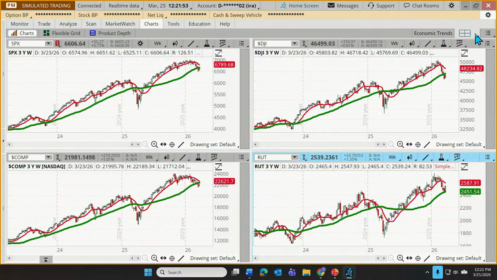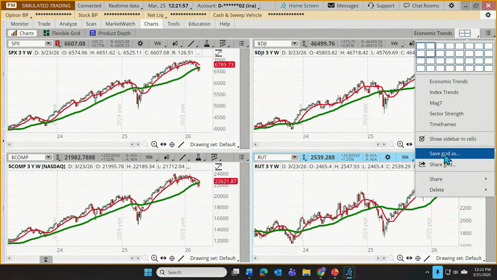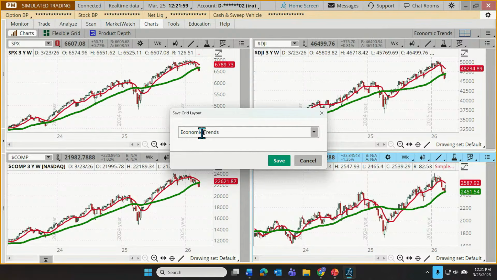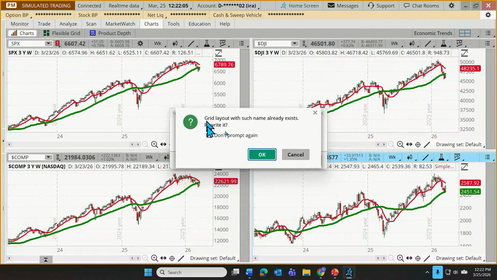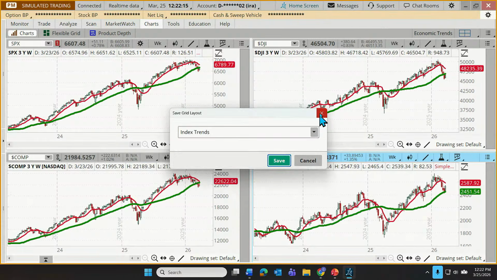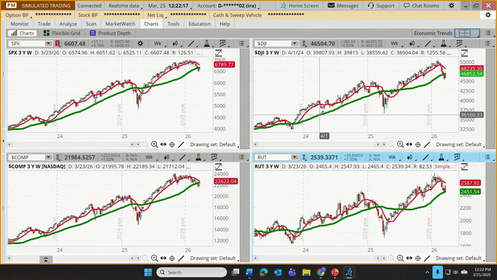So we just come up here to the grid icon and we'll save that grid. Give it a name. In this case, I would call it, these were the index trends. And then click Save. This is going to ask me, are you sure you want to do that, Cameron? No, I don't want to do that because I already have one. It wouldn't do anything other than just replace it. It's fine. It would be exactly the same. But I'm not going to do that. But I will share this grid.